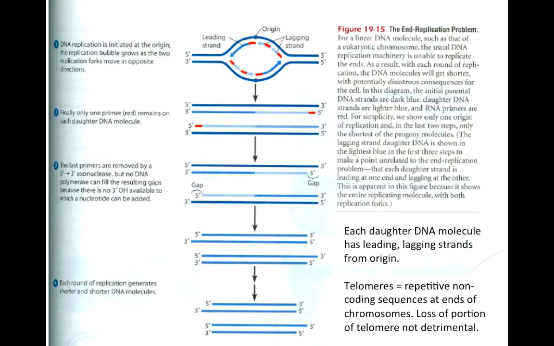Telomeres at the ends serve as buffers. During cell division, portions of the telomere will be lost, but this doesn't harm the cell. Having disposable DNA at the end of the chromosomes protects the genes before them, and this prevents them from being truncated, at least until the telomere is gone.